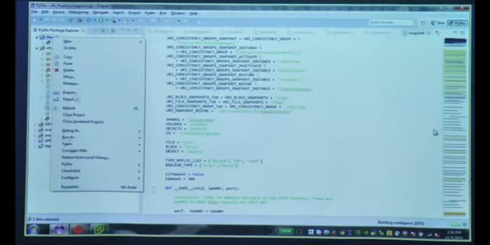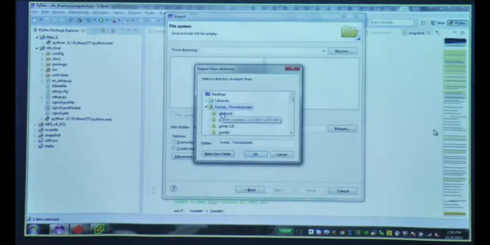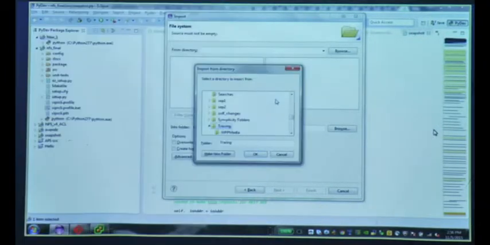Now I'll go ahead and import the code. Inside demo test I have my CLI folder.